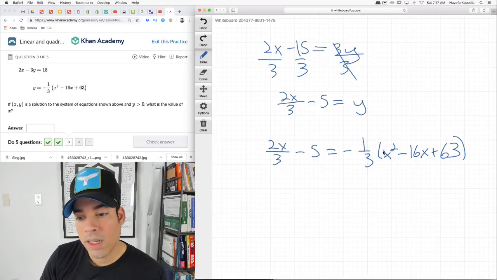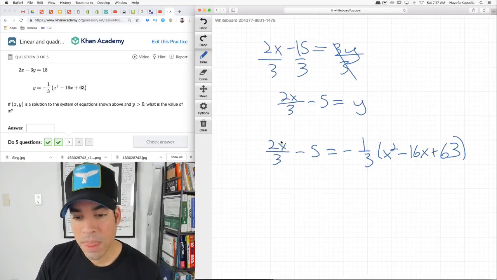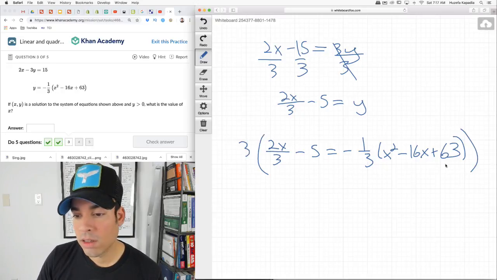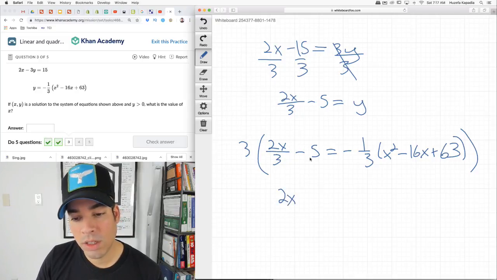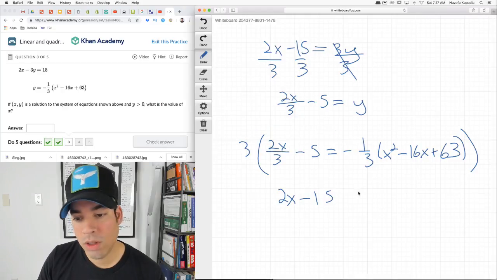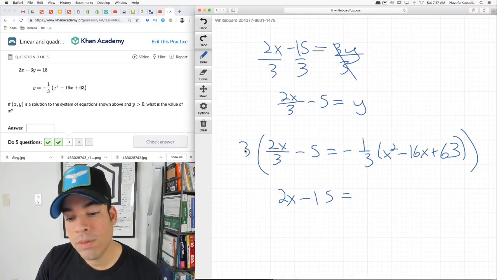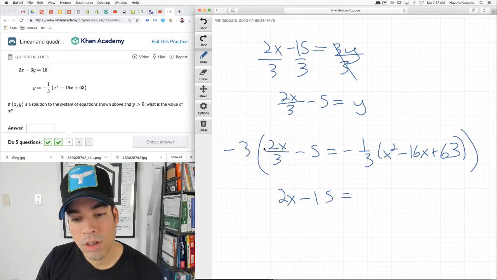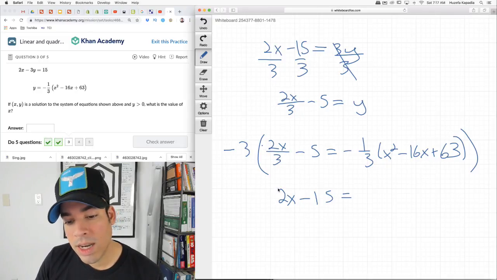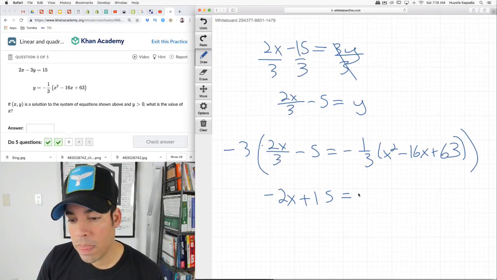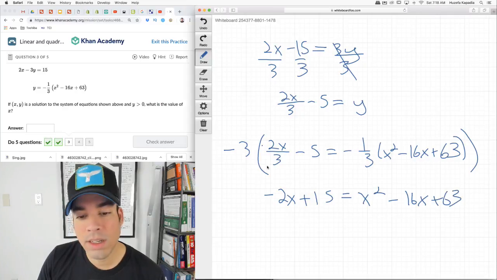I was going to, but instead I'm just going to multiply both sides by 3 and get rid of that fraction. It's going to be so much easier once I do that. So this times this becomes 2x. 3 times -5 becomes -15. And then the 3 just knocks this entire 1/3 out equals, actually, you know what? Let's make it -3. This will be nicer. So this becomes negative. This becomes positive. And then this just goes away completely as 1. So we now have a nice x squared minus 16x plus 63,